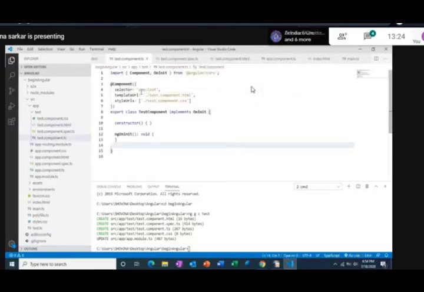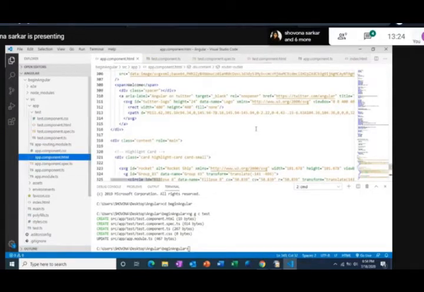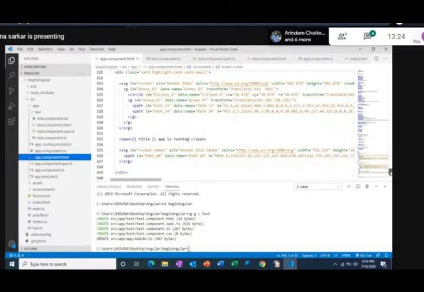So what we need to do is, this is a selector. This selector, we can use as a tag. All right, Angular gives us that feature that these selectors can be used as tags to render these components. So where to use these tags? You need to put them inside this app.component.html. So over here, just write